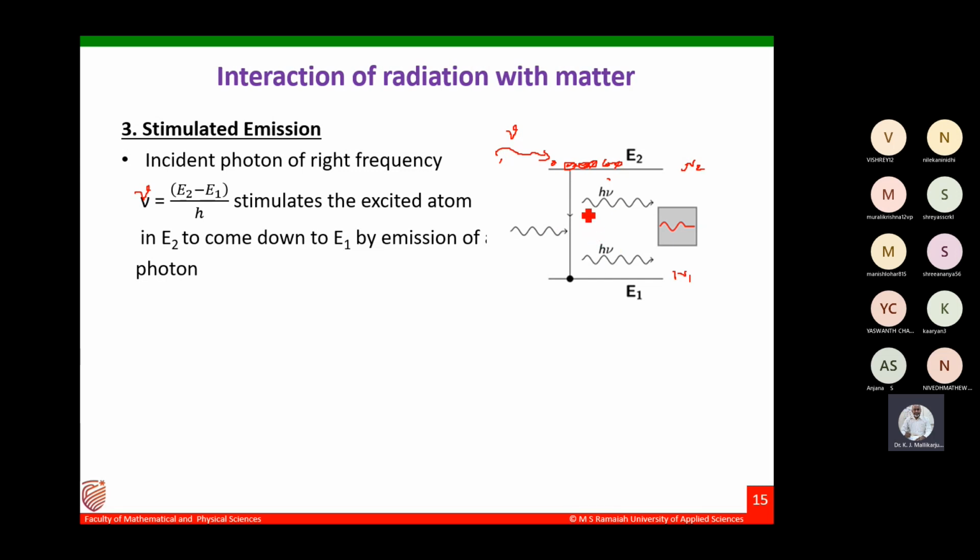Usually in any matter, we don't have two sets of energy levels with the same energy difference. We understood this in our Bohr orbit: the radius Rn depends on the principal quantum number, and the energy difference keeps on decreasing as we move on. Therefore, the energy difference is not always constant. Only among these two energy levels is the energy difference constant.